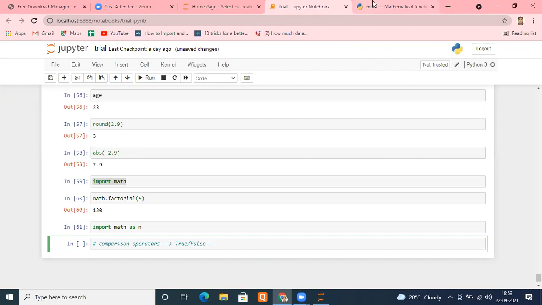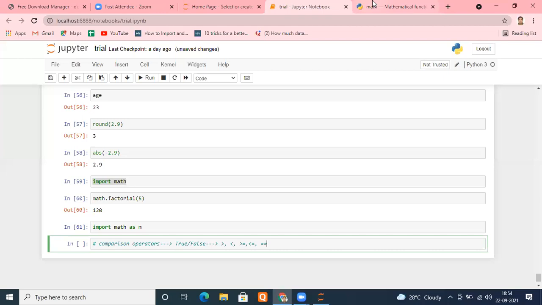And what are the different comparison operators? Greater than, everyone knows the name. Less than, greater than or equal to, less than or equal to. For equal to, when you are using equals for comparison, put two equal signs.